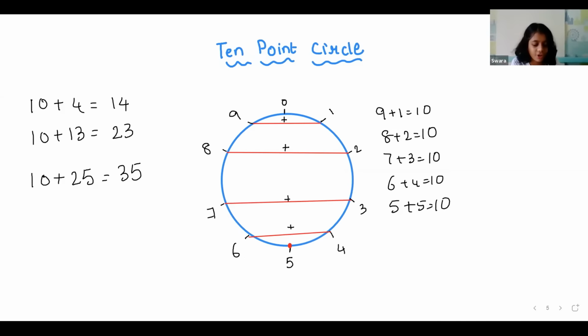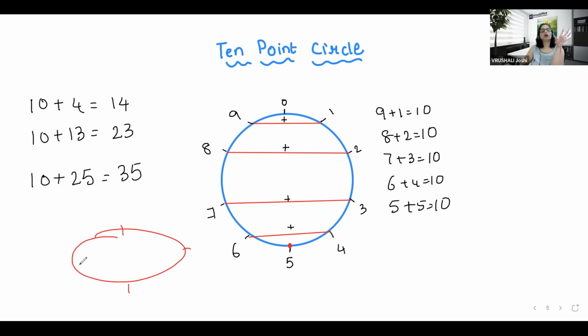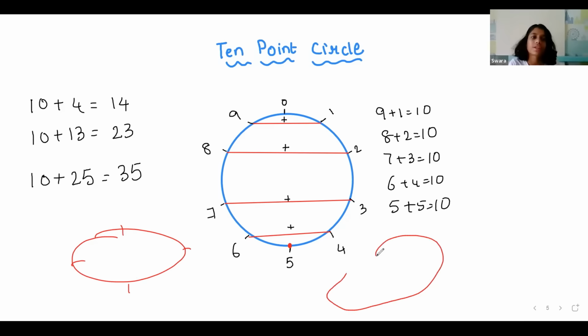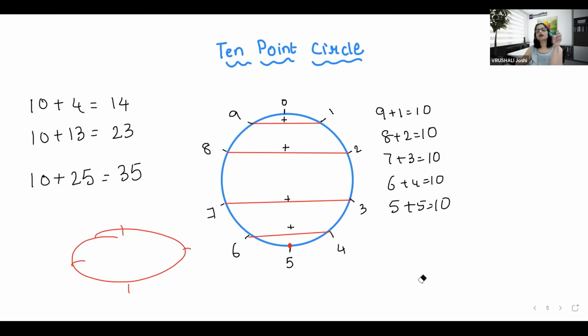Ma'am, I didn't draw the perfect circle, but I tried to do it freehand. No problem. As far as you can do a perfect, not as far as it looks like, I mean, I hope you don't mind. No, it looks like a circle. Don't do all this, okay? Don't do all this. Looks like a potato, this doesn't look like a circle at all. Yes, almost. Very good, Swara. So it's almost a circle. At least let us justify that it is a circle.